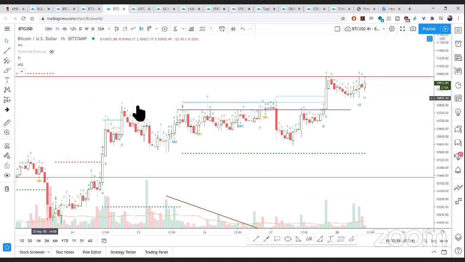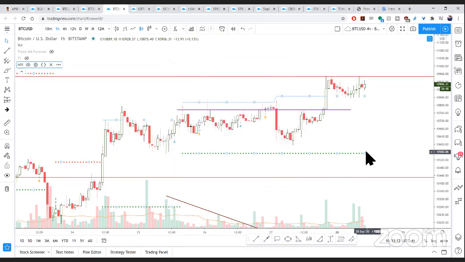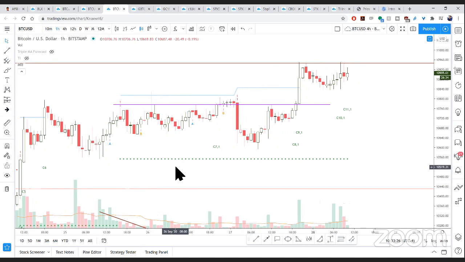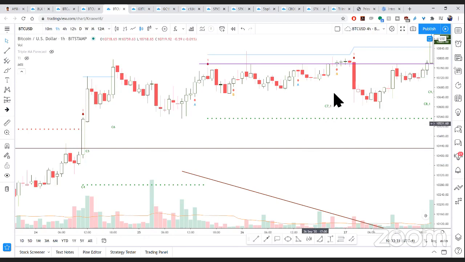This is supposed to be the 4-hour chart. I'm looking at the 1-hour chart mostly because I was testing something. And here I am really testing the extension C. Extension C should show up in a minute, because it had a very interesting situation. I may try to bring this up as an example in the workshop. Because you see the extension C